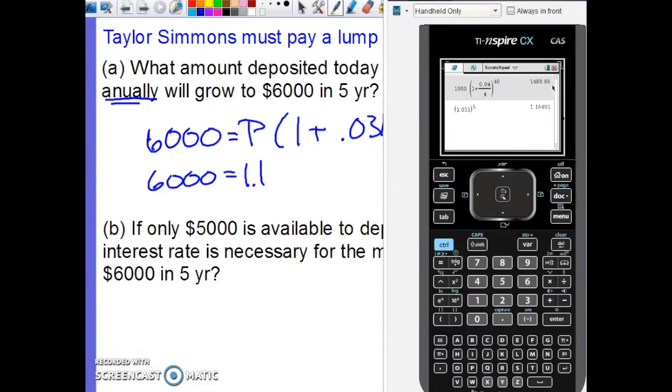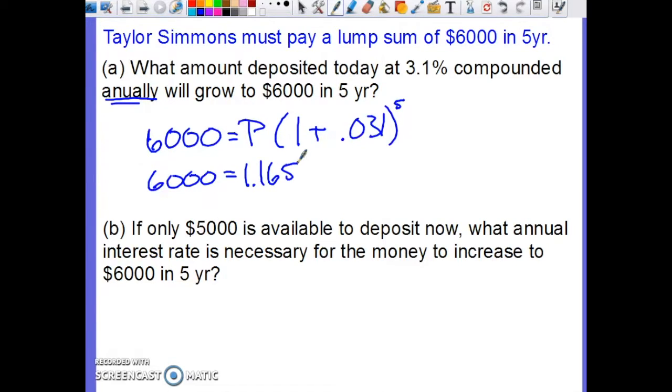I didn't do a good job of remembering that. 1.165. So let's take it to 3 decimal places here for P. And then all you need to do is just divide. So we're dividing by 1.165 on both sides just to figure out the answer, which here is going to give us a whopping total of